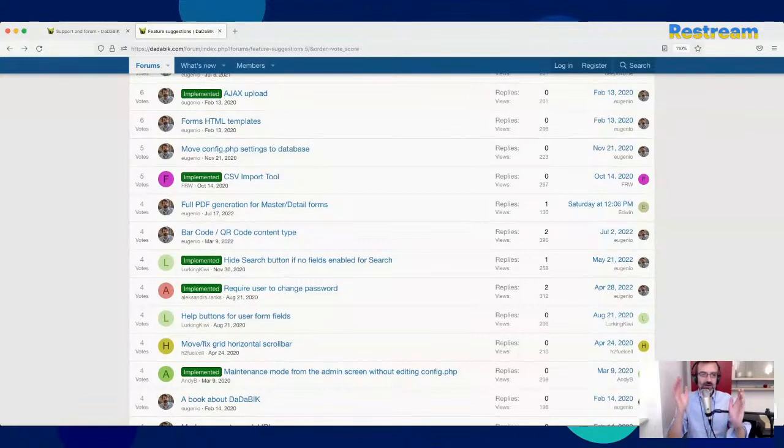Right now, if you generate a PDF from a master detail page, you get just the master. It would be useful, of course, for example, in the typical case of an invoice, to have everything. Also not very easy because of how the PDF generation is implemented right now, but I know that this is useful.